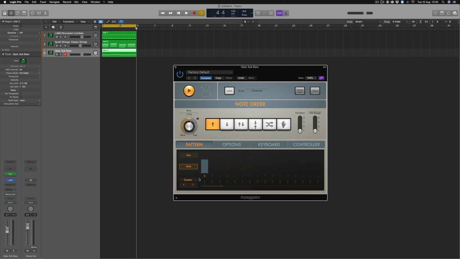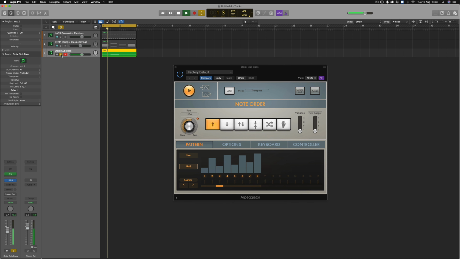We can select a different velocity by enabling each number on the grid here to determine how long we want the sequence to be. We can then change the velocity by changing the levels of the grid here. And without the arpeggiator,